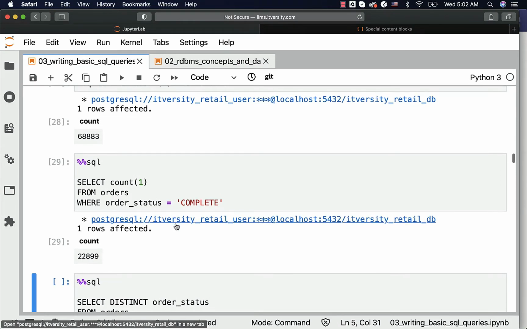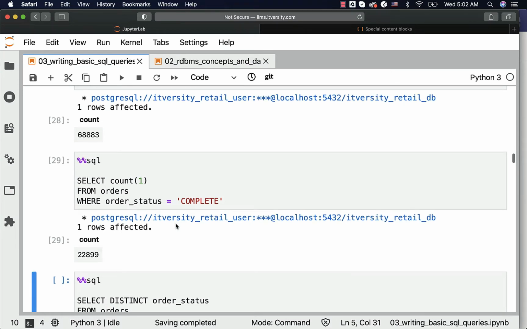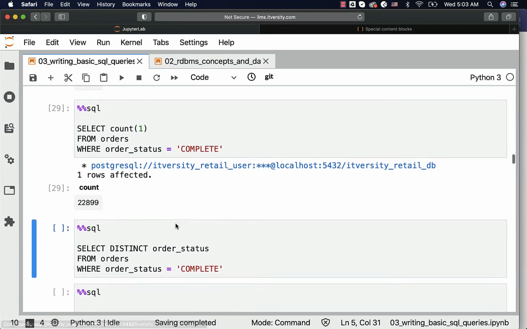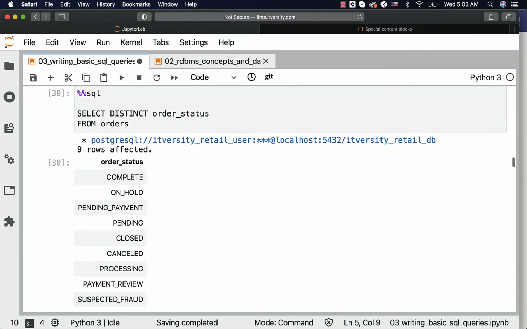And we don't know how the data is represented with respect to order status related to complete or closed. It can be complete or completed, closed, or there might be some other value which means either complete or closed. The data might be either in lowercase or uppercase or mixed case. We don't know how the data is represented, and hence first we need to understand what all values we have. For that, we can use this distinct approach which will give us all the order statuses in the table.